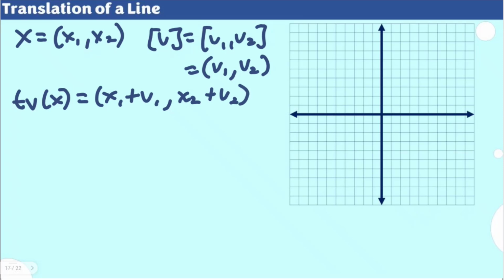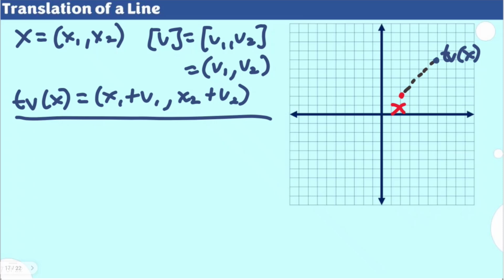So say for example, if this is your point, depending on what your vector would be, say your vector goes in this direction, and this point here is the translated point of your point x. In this case, this is your point x, and this is actually the translated point, the image of your point x using the indicated vector. So we're just going to determine that using this.